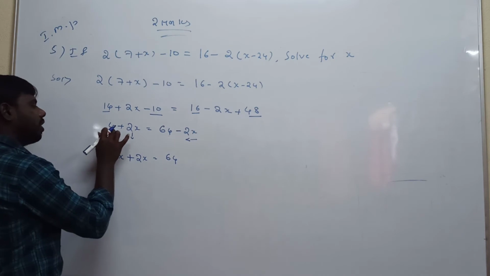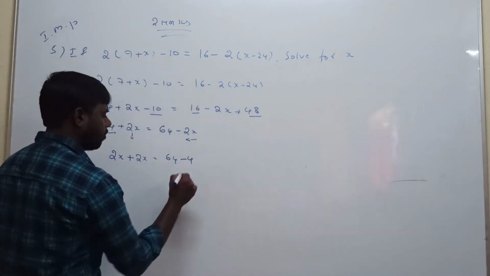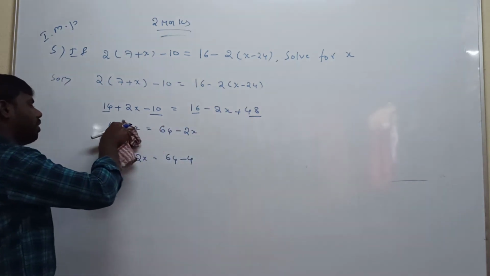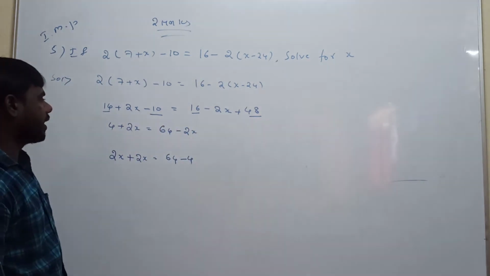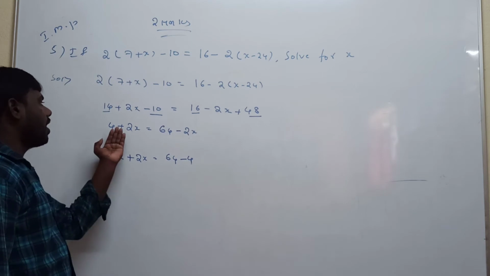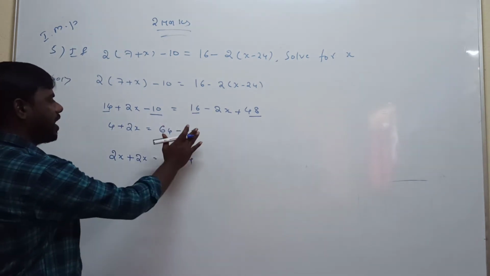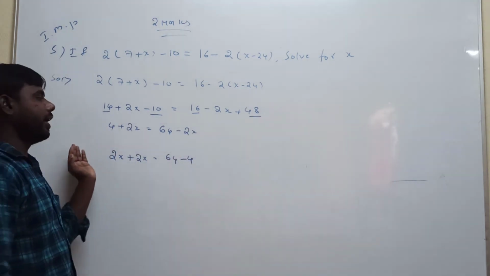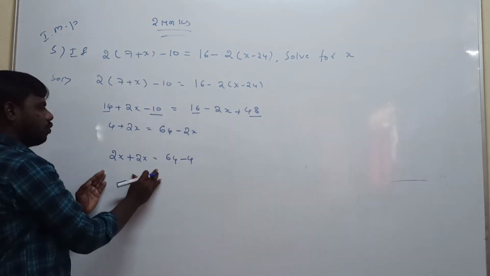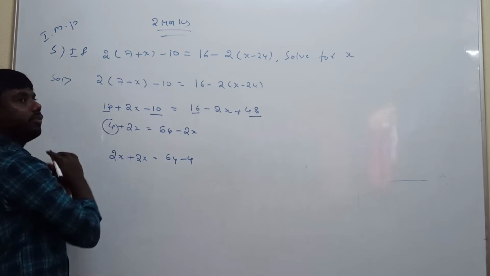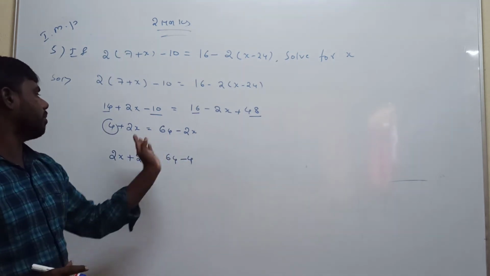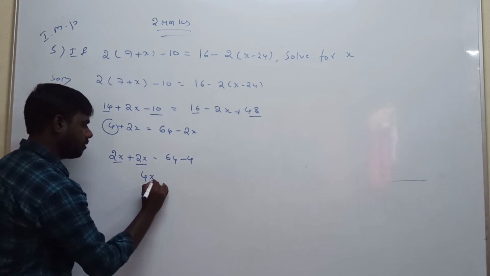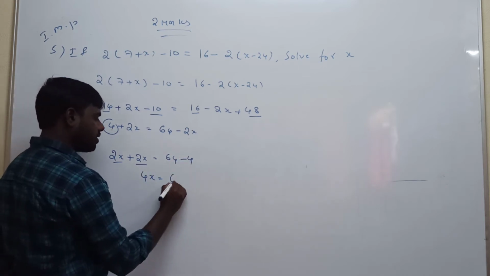Now the left side constant value plus 4 take that side, minus 4. You understood? Both side constant value and x variable are there. So now we are taking the x variable to one side and the constant value to the other side. So minus 2x is the x variable, that's why we are taking it to the left side. Minus 2x take this side, plus 2x. The left side 4 is the constant value, so 4 take to the right hand side, minus 4 you get. Plus 2x plus 2x is plus 4x. 64 minus 4 is 60.